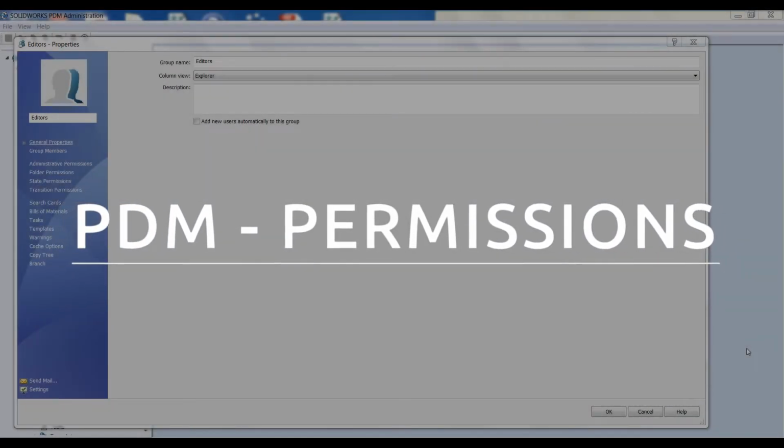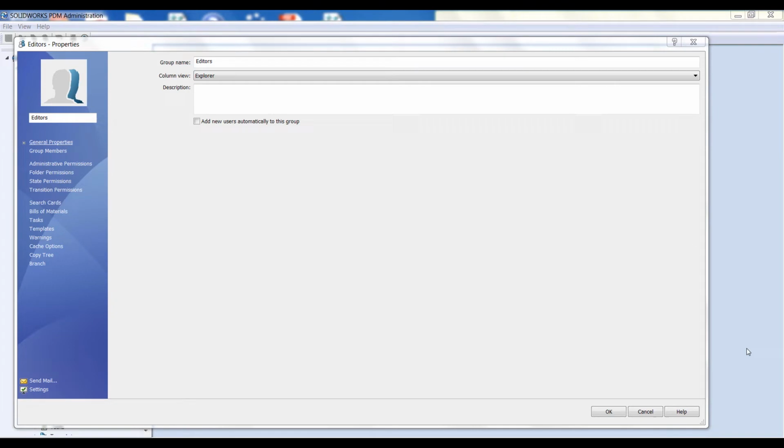Hello and welcome. One of the most fundamental things for any PDM administrator to understand is how the permission settings in PDM work. Permissions are one of the cornerstones of any successful PDM system, and a PDM administrator should know how permissions are listed in PDM, what they pertain to, and what the consequences of assigning a permission are. By successfully setting up permissions, you reduce a lot of work going forward when implementing your PDM system.